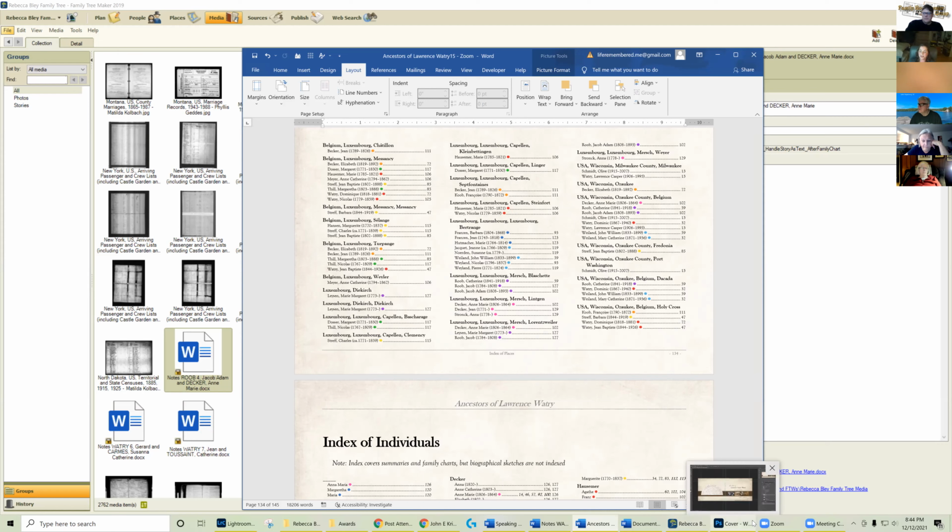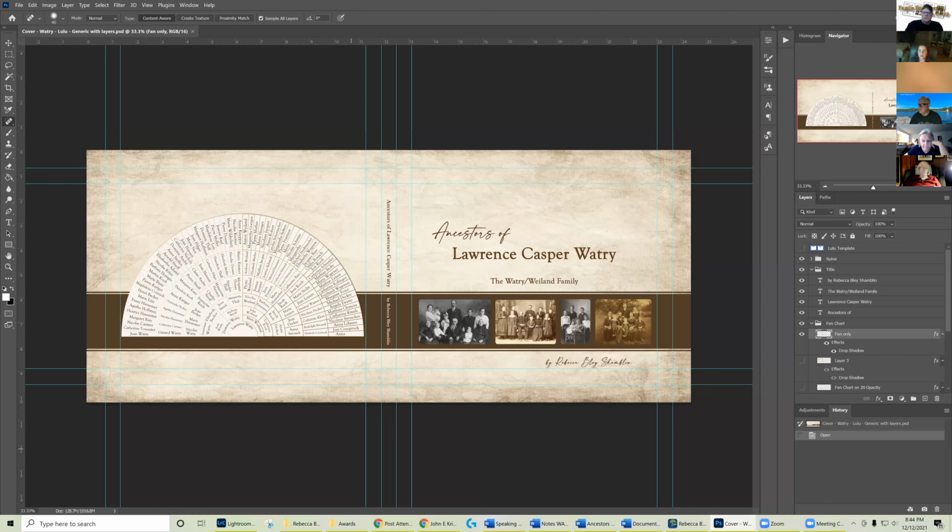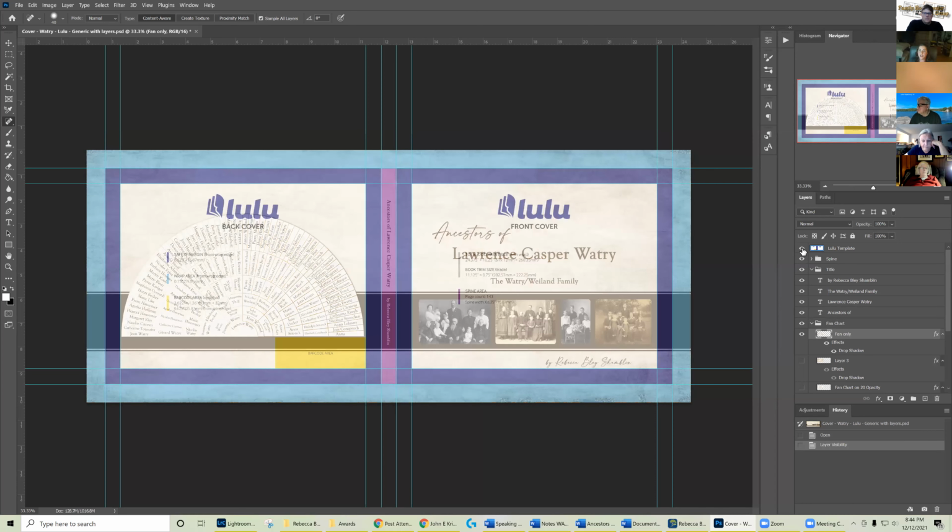Because I'm a photographer, I already know Photoshop, so it was a pretty easy call for me to make my cover in that. I know there's other services. Canva is one that a lot of people have used. That's kind of nice. But if you are in Photoshop, wherever printer you decide to use, make sure you get